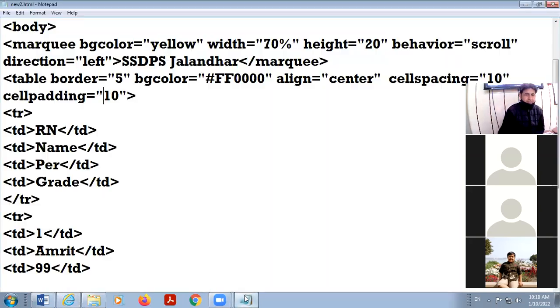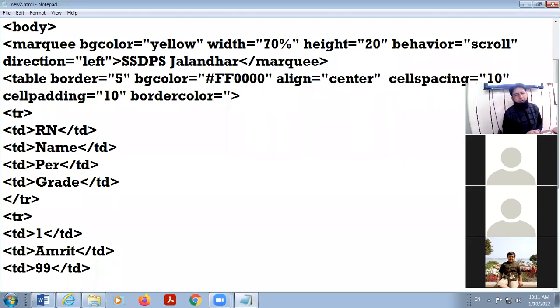So we discussed the attributes of table tag: border, BG color, align, cell spacing, and cell padding. These are the different attributes of table tag. And if you want to set the border color of your table, there is one attribute of table tag: border color equal to.